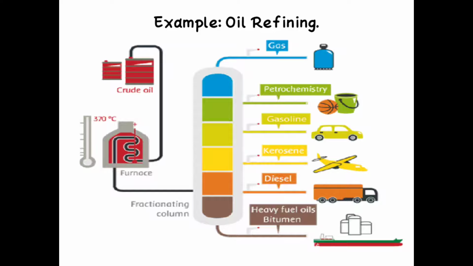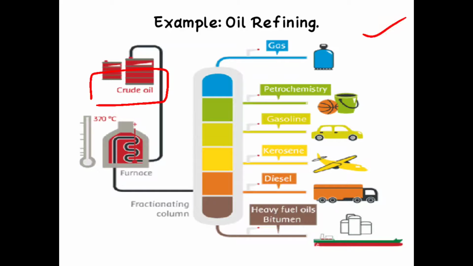Students, the process of distillation is used in oil companies for the refining of oil. Oil companies obtain their oil by drilling wells in the ground or in the rocks under the sea. The oil which comes from the well is called crude oil, which is not pure. The crude oil is a mixture. It is not much used until its components have been separated out at an oil refinery, like the one shown